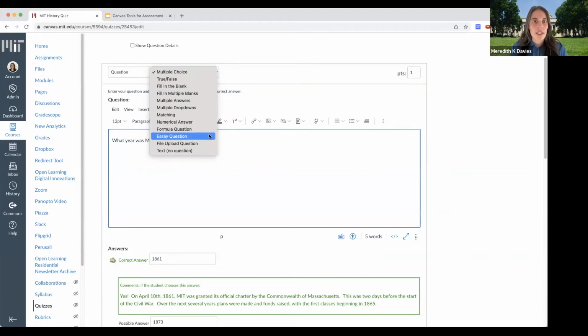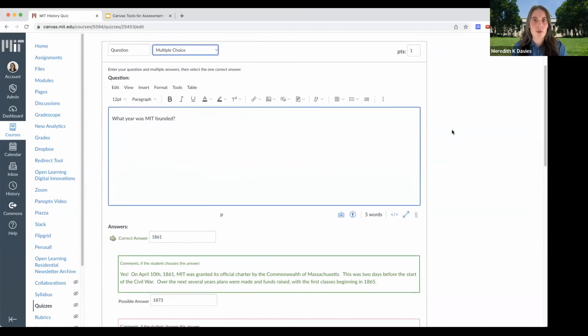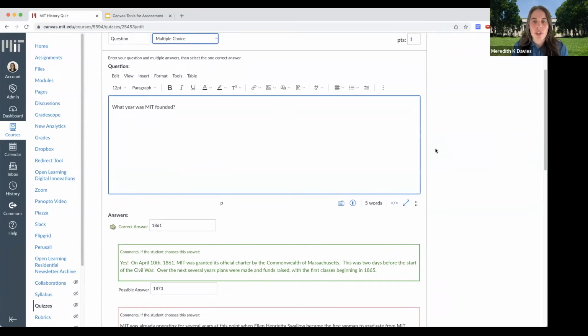The only ones that are not auto-graded are the essay question, the file upload question, and the text. So in those cases, you would grade the responses to those questions manually. But the auto-graded questions will be graded immediately, and so students get that very timely feedback. And along with that, you have the option to add feedback to each answer choice for a question or general feedback for the question. So scrolling down, again, we have this rich text editor where we can enhance the questions